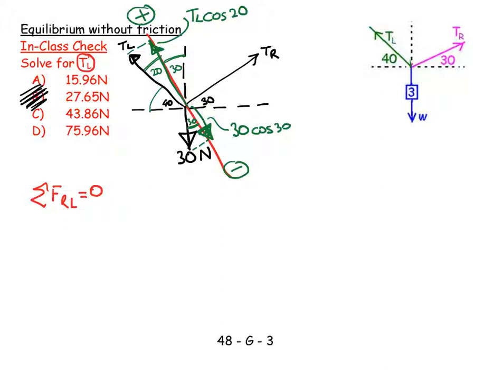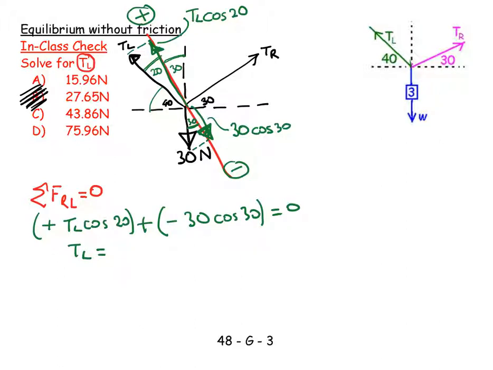So I say the sum of the forces along the red line is going to be positive TL cosine 20 added to negative 30 cosine 30 equals 0. So rearranging, TL is equal to 30 cosine 30 divided by